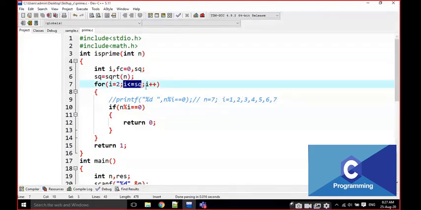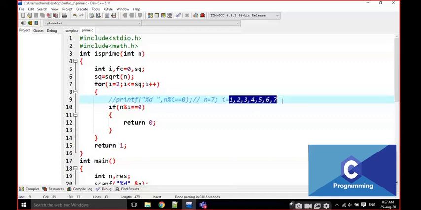Every time when we are writing some prime number functionality, we have to write this algorithm, not the previous two algorithms, that means 1 to n minus 1, and 2 to n minus 1. We have to check 2 to the square root of that number, which is enough. For example, if it is 7, how many values are going to be checked here? Instead of 1 to 7 or 2 to 6, anyone guess how many times this loop is repeated for n is equal to 7?